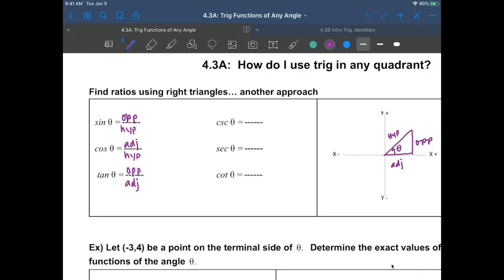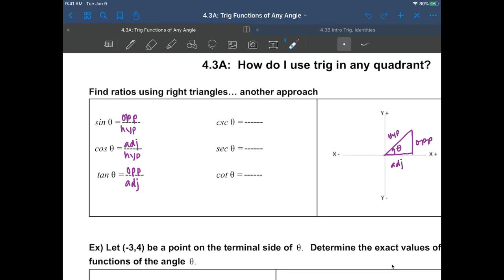Okay, so I started by drawing us a figure. If I have an angle with the terminal side in the first quadrant here, and my angle is open to theta, then the opposite side is the side that is going up. The adjacent is the side on the x-axis, and the hypotenuse is the radius. Our ratios are sine is opposite over hypotenuse, cosine is adjacent over hypotenuse, and the tangent of theta is opposite